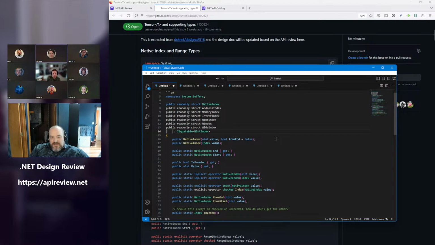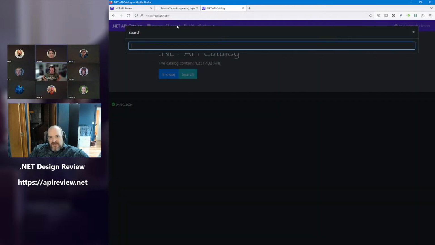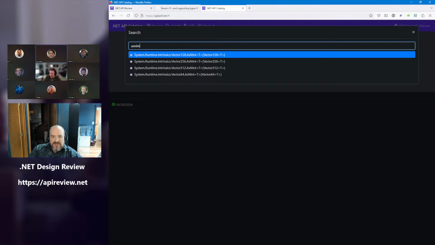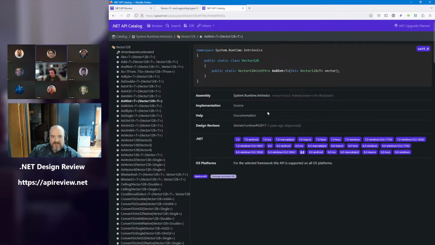No. When we were discussing things like the AsInt32 and related APIs for things like vector, I had initially proposed this should be AsIntPtr, and API review said no, I don't like that, and told me to change it to AsNInt, specifically to disambiguate the fact that it was related to native integers rather than intptrs. That seems like a weird call on our part, given that every other place where we do things like read intptr.